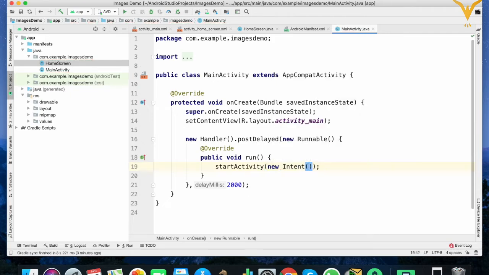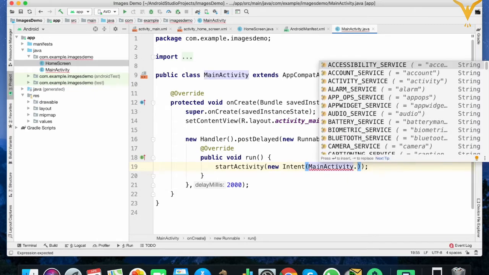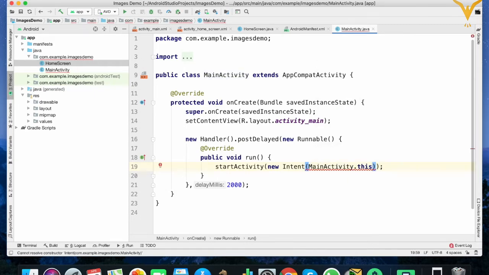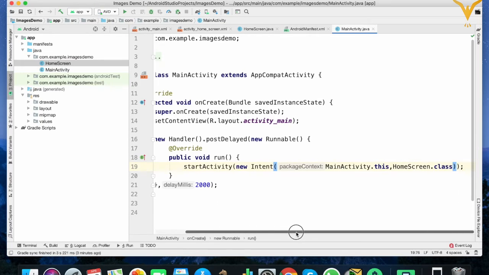Here you need to pass two parameters, start activity and end activity, from and to. So we'll pass MainActivity dot this, and then HomeScreen dot class. Now let's run this.